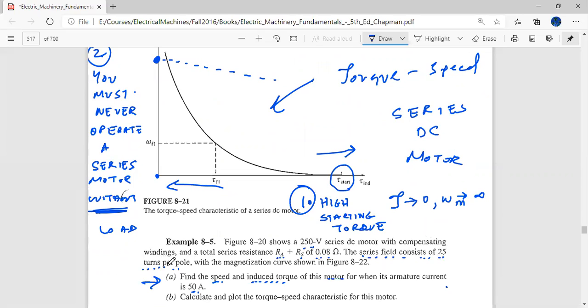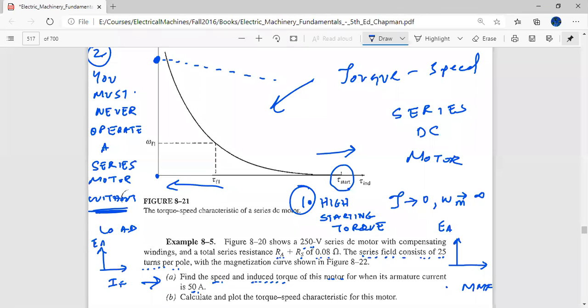series motors or maybe other motors also. In the magnetization curve, when we were doing synchronous machines, you were getting the graph of field. IF was the field current that you were giving to the rotor, and on the y-axis you had armature induced EMF. So you will have a similar curve in the DC machines, but the difference will be that EA will be given on the y-axis, but on the x-axis the field may be given to you in terms of MMF, which is the product of the